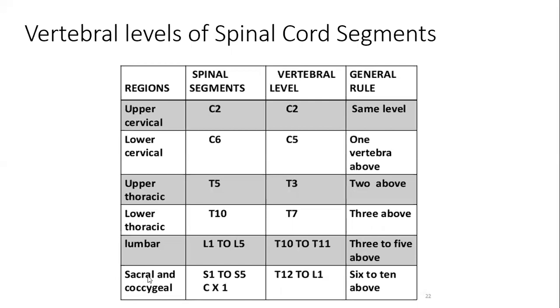So now we have the sacral and coccygeal spinal segments of the spinal cord finally lying at the level of the 12th thoracic vertebra and first lumbar vertebra, where the spinal cord in adults is supposed to end. I hope this topic is clear to you, the vertebral levels and their corresponding spinal cord segments. If not,